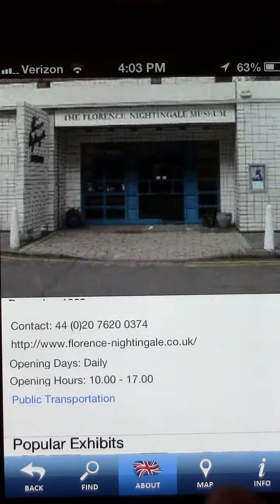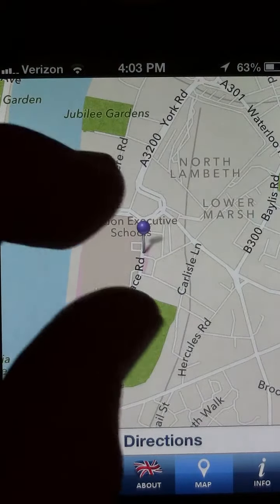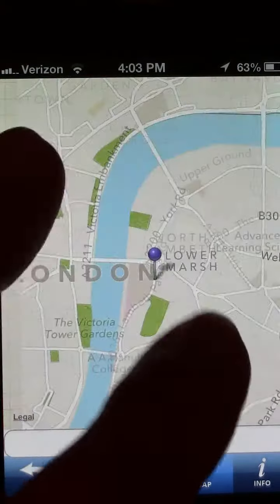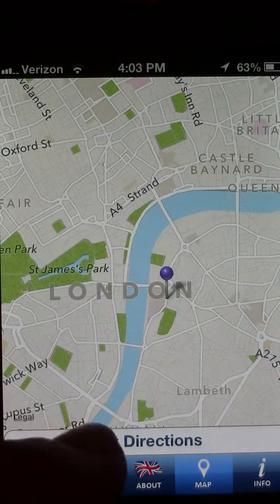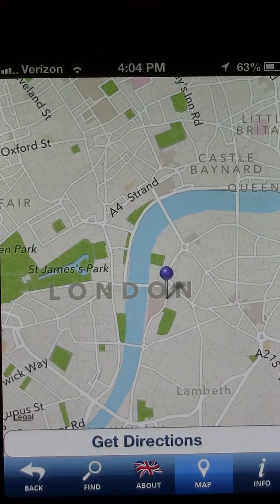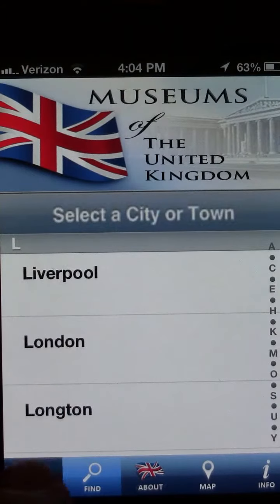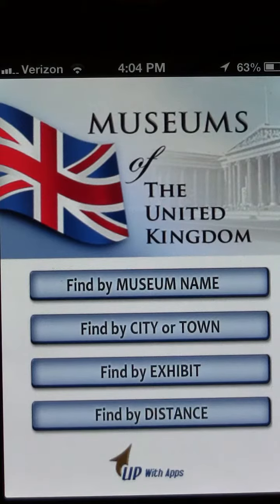And we can also find the museum on a map. There's the proverbial pin in the map. And if you tap Get Directions, it will give you street by street, turn by turn from anywhere within the British Isles. We also have another great feature as shown earlier on the menu screen, and that is the Find